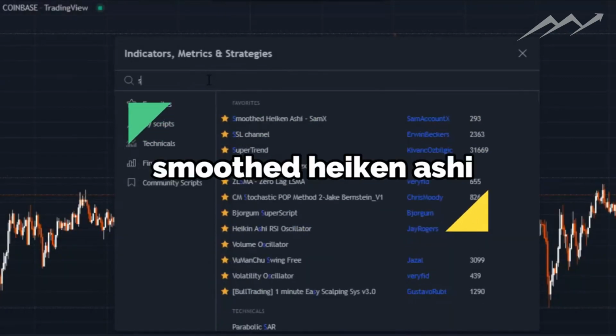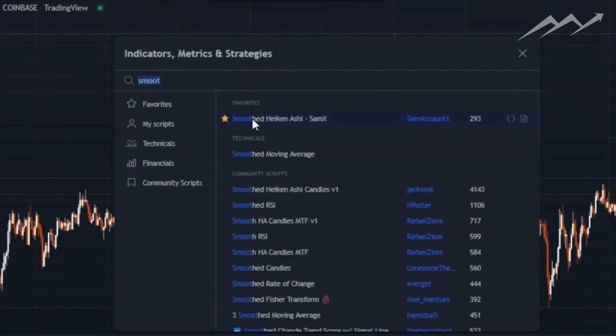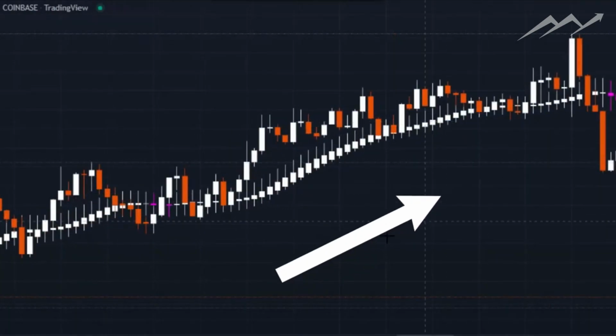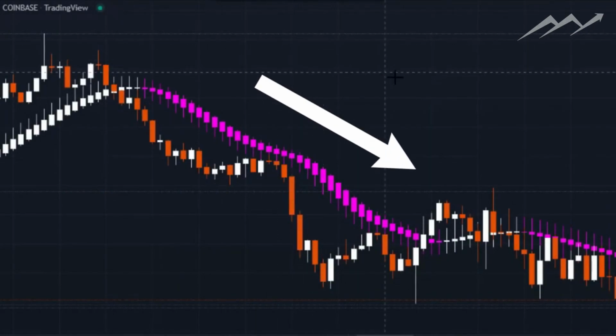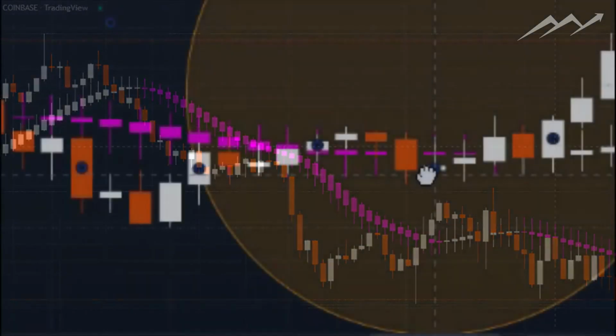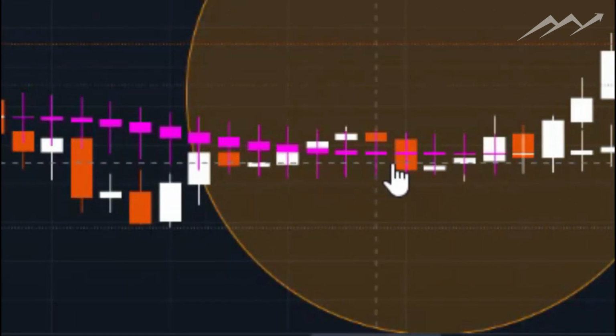The first indicator, let's add Smooth Heiken Ashi by Sam Account X. First let's learn how this indicator works. As you can see, this indicator shows us the downtrend and uptrend very well. Note this important point: whenever the shadows of Heiken Ashi candles hit the main candlestick, it indicates that the market